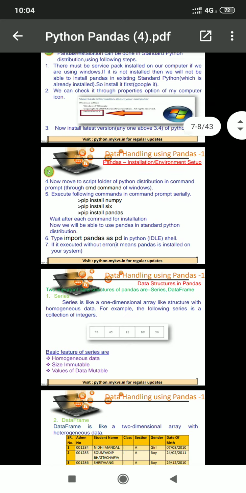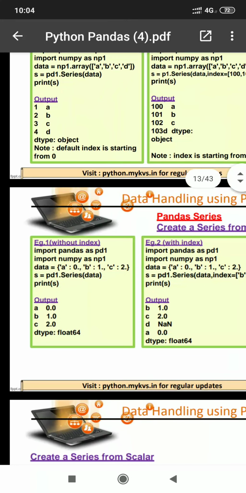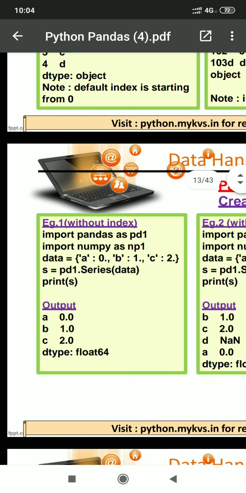The next program is to create a series with dictionary elements. It is also possible. What we have to do is pass a dictionary inside the series method. It is also very easy.